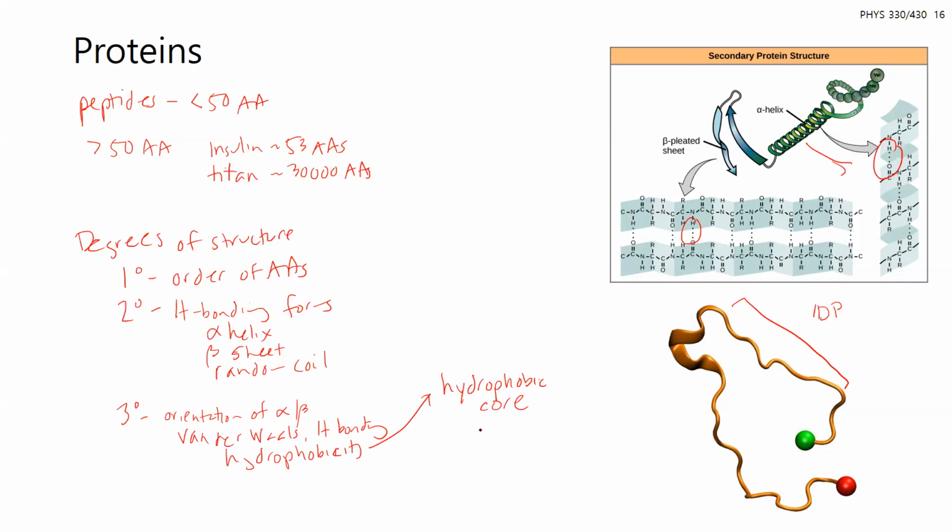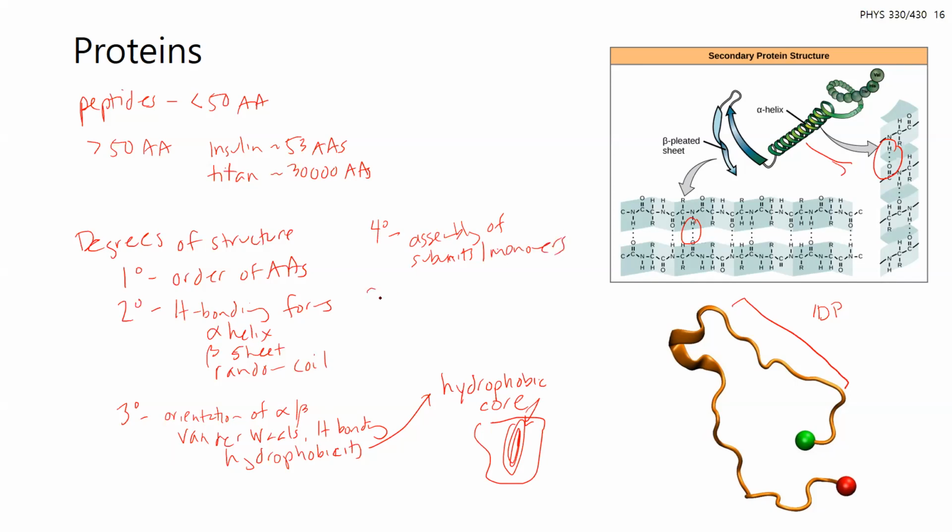So you can imagine these proteins are going to be in an aqueous environment. So in the center, it's going to be more hydrophobic. Amino acids in the center, more hydrophilic or charged on the surface. Quaternary structure is the assembly of subunits or monomers. So you can have a larger complex